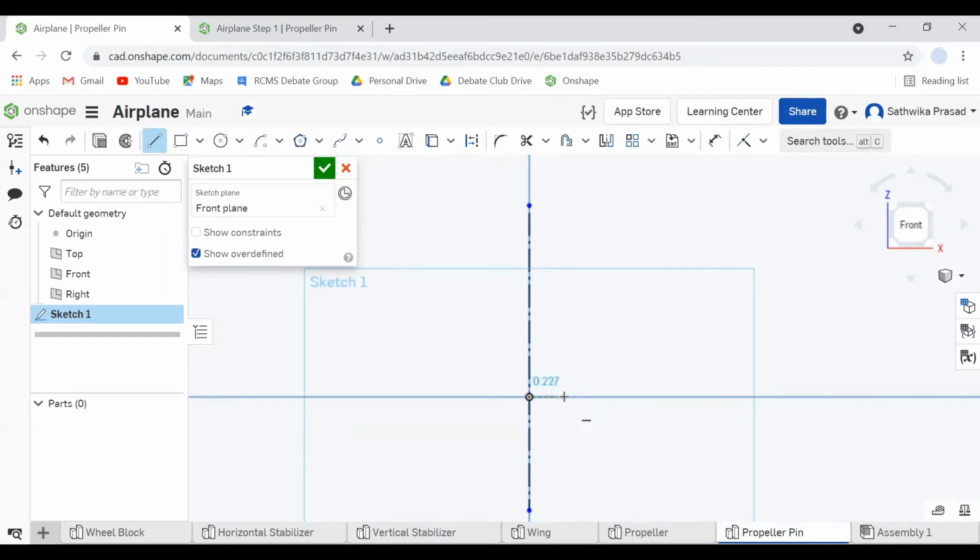I'm going to try my best. Okay, there we go, like here. And I'm going to make it a bit smaller. Of course, I'm going to dimension this, but I just like to make it as close as possible for aesthetic purposes. Now we're going to dimension. So we're going to select our dimension, our revolution line from here, and we're going to make it,